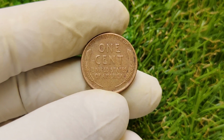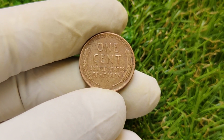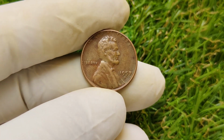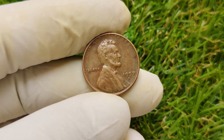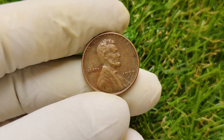This iconic reverse design gave the coin its popular nickname, the wheat penny. Fast forward to 1957, and we see the penultimate year of the wheat penny design. The coin was minted in two major locations, the Philadelphia Mint and the Denver Mint. The Philadelphia Mint coins have no mint mark, while those struck in Denver carry the small letter D just below